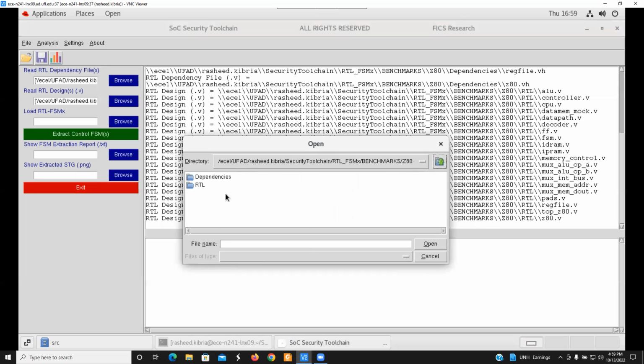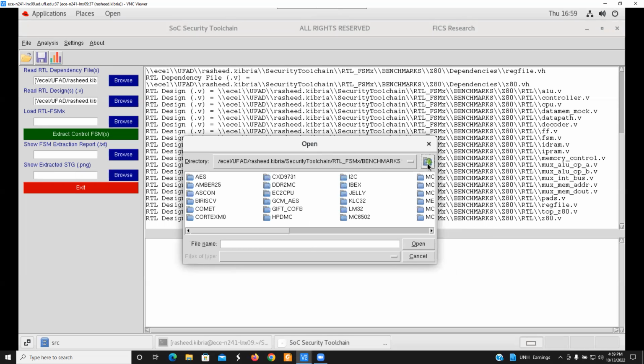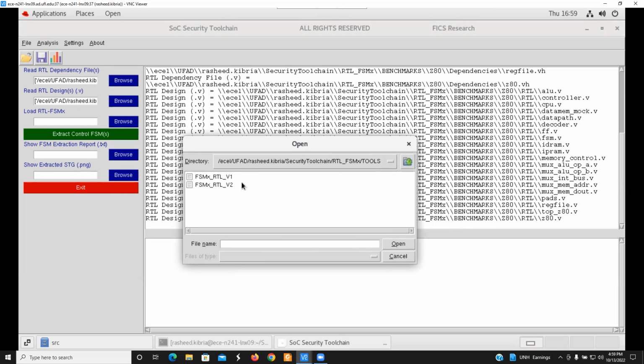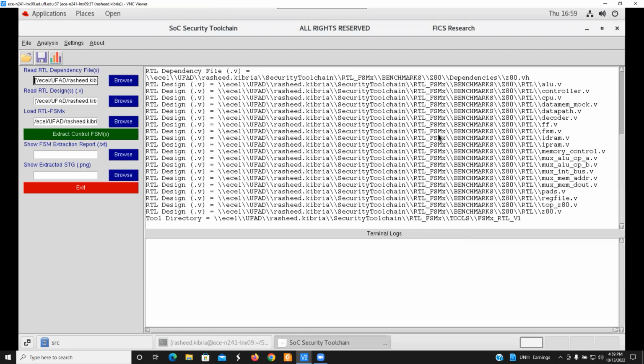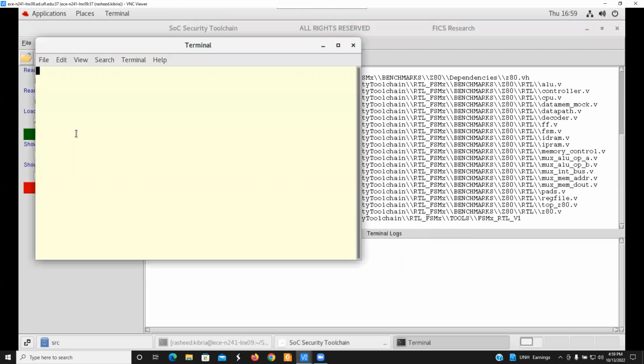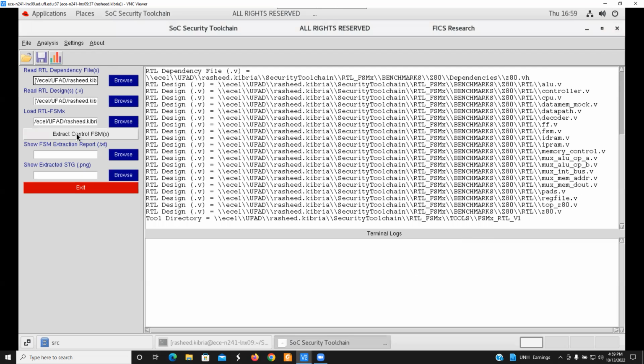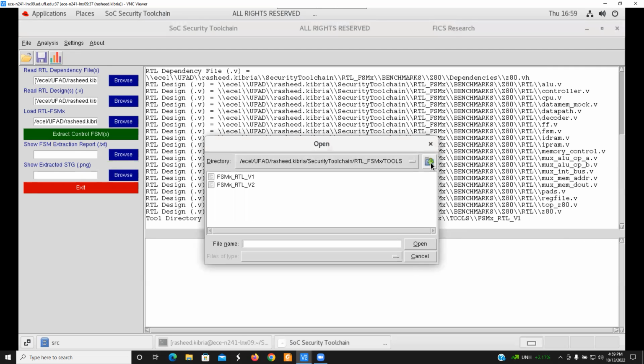And next, you have to load the tool. There are two versions. I will first analyze it with the V1 version. I hit open and it will add that, and I hit the extract control FSM button. So yeah, you see the process is very fast. It takes less than, I would say, 1 second to extract the control FSM, and the state transition graph was